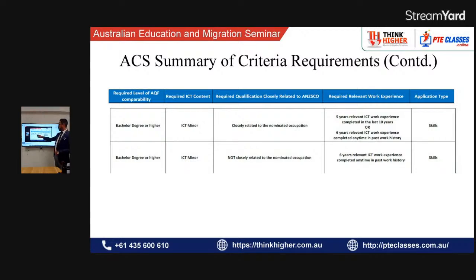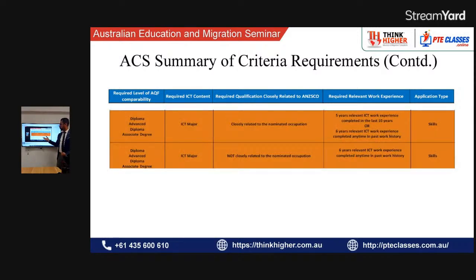Yeah. Then obviously, a bachelor's degree with a minor not closely related. If you're not working in your nominated occupation, then again you can get your degree assessed if you have worked 6 years in past history. So more than 10 years, whatever you have claimed, you can still go with the skill assessment. But the issue with these ones is they'll merge all together. The 6 years will merge into your qualification and you won't be able to claim any points. So assessment is good, but for the permanent residency pathway, it's going to be tougher because you won't be able to claim any experience. Let's go to the next slide.